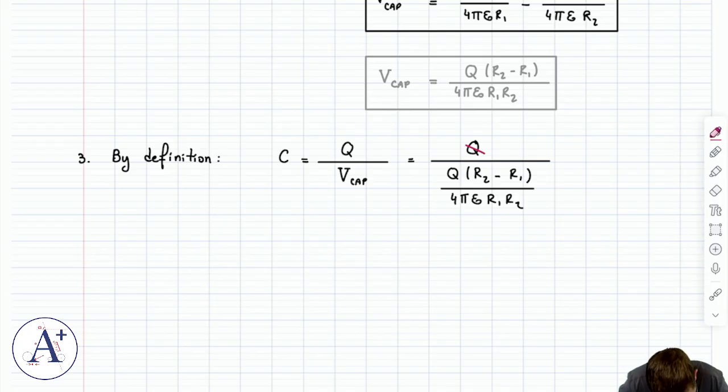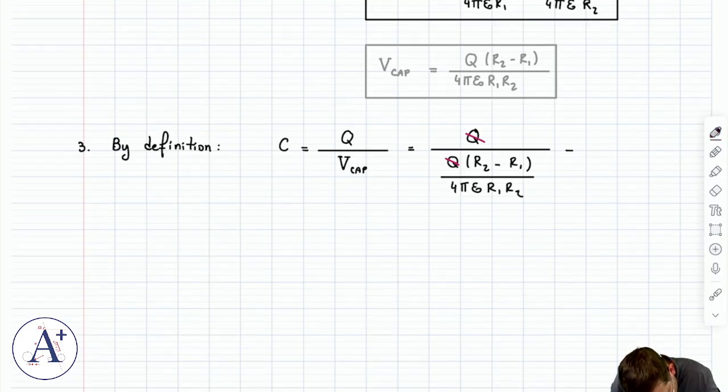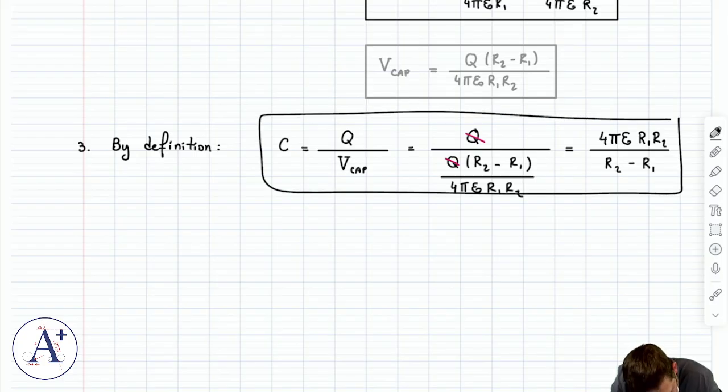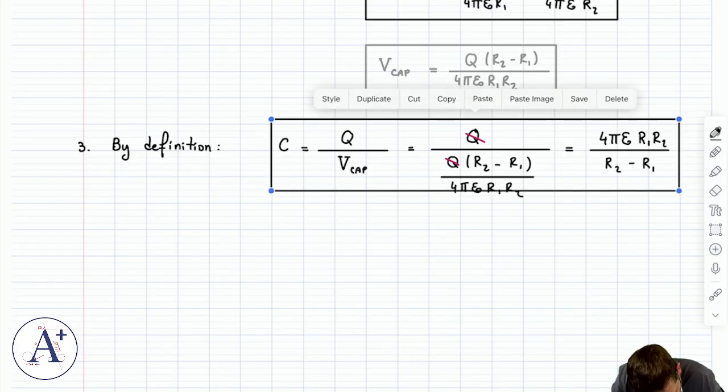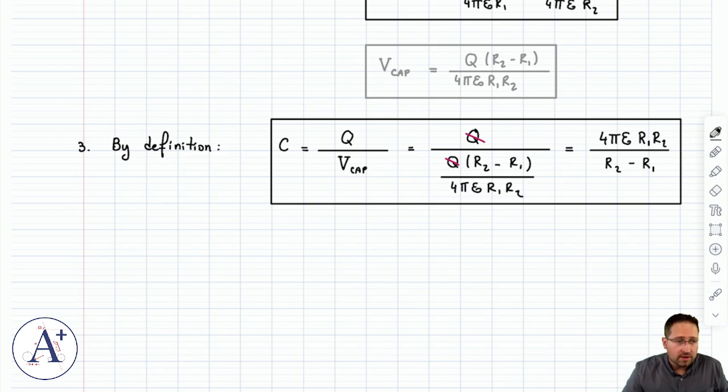What you should find is that charge goes away, so it's not a function of charge. You get 4 pi epsilon naught R1 R2 divided by R2 minus R1. And that is a remarkable property of capacitance, which measures the ability of a capacitor to store charge,